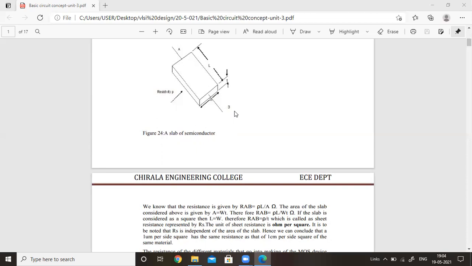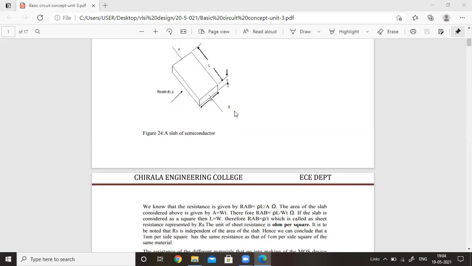That means the minimum size, that is the width of the polysilicon, is 2 lambda, and the diffusion layer is also 2 lambda. So whenever the polysilicon crosses the diffusion layer, that means when the transistor is formed, the polysilicon is perpendicular to the Thinox layer, and it must cross the layer. That is the main thing. So whenever the polysilicon crosses the Thinox layer, just observe the crossing area: it becomes like a square.